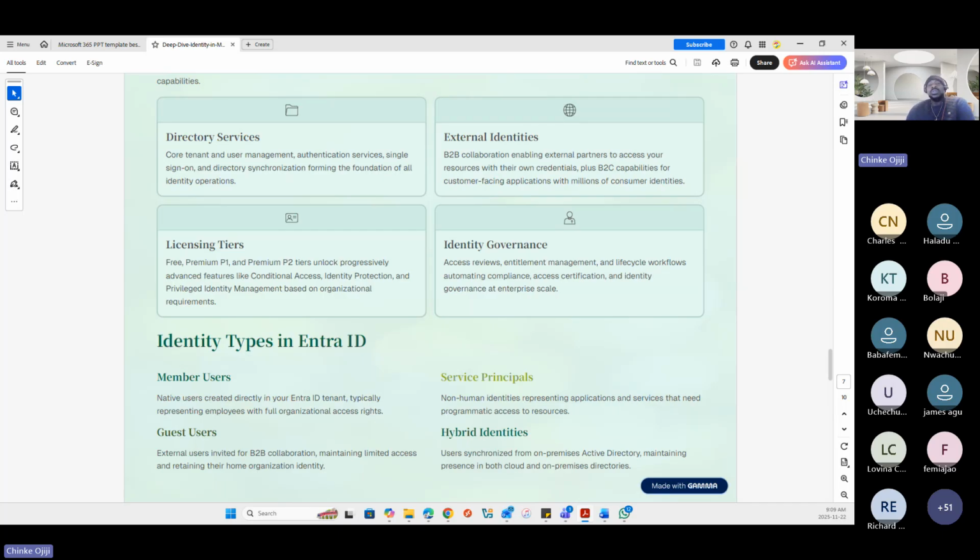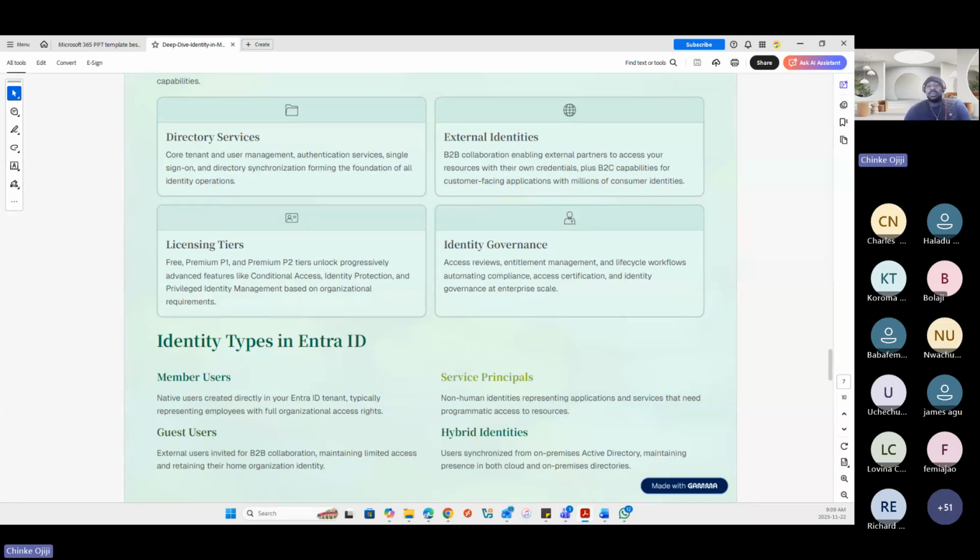These are identities used by applications. Service principals are identities used by applications and resources. They are used for automation as well, some automation tools for voice over IP. You can use those service principal accounts for that, and also for migrations as well.